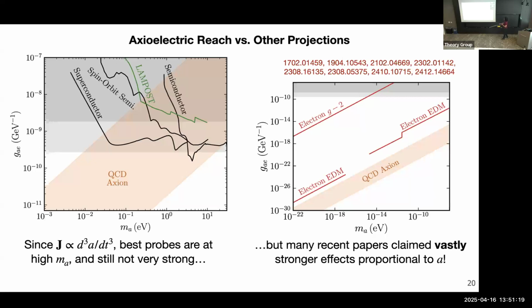And so here's a list of 8 papers recently published in good journals. And here's a sampling of constraints that are claimed in these papers on the coupling. Notice that the y-axis scale is very different, and so is the x-axis scale. And the source of these claims is that all these papers basically say there is some kind of effect of the axion field proportional to A, not 3 time derivatives, not 2, not 1, just 0 time derivatives. And that seems impossible because the Lagrangian started with a derivative on it. So how could we have gotten rid of the derivative?